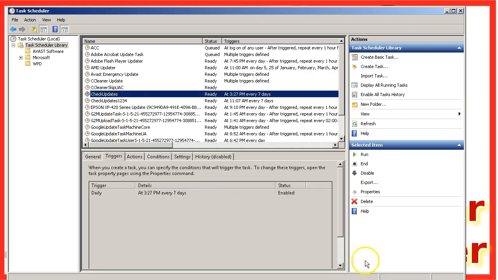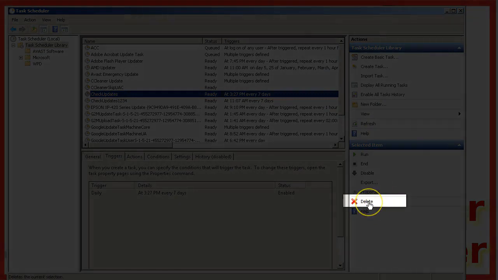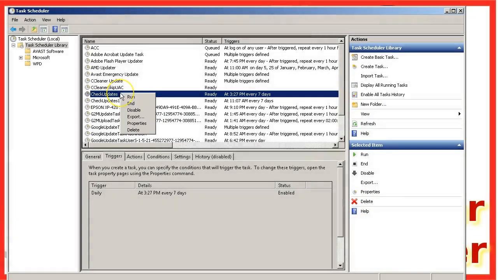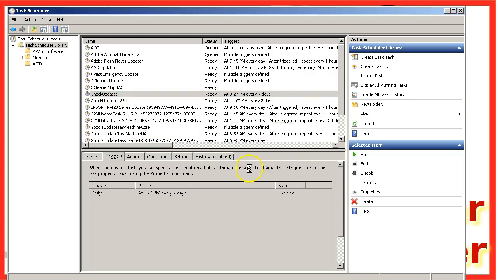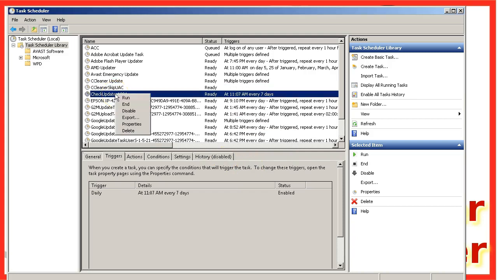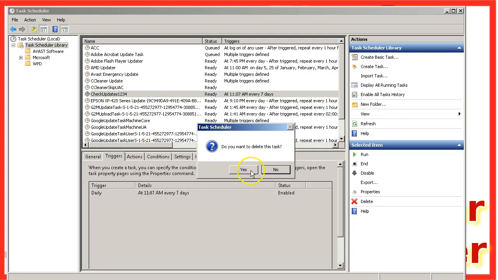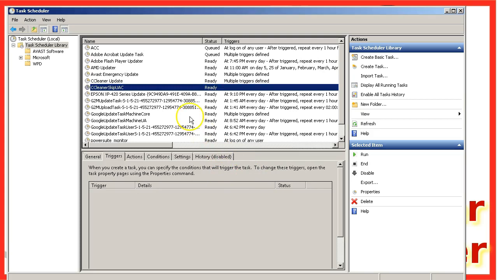You could highlight it, and you could come over here and you could click delete, or you could just right click here and click delete. It accomplishes the same thing. So I'm going to say bye, and I'm going to say bye. Okay, and while I'm here,